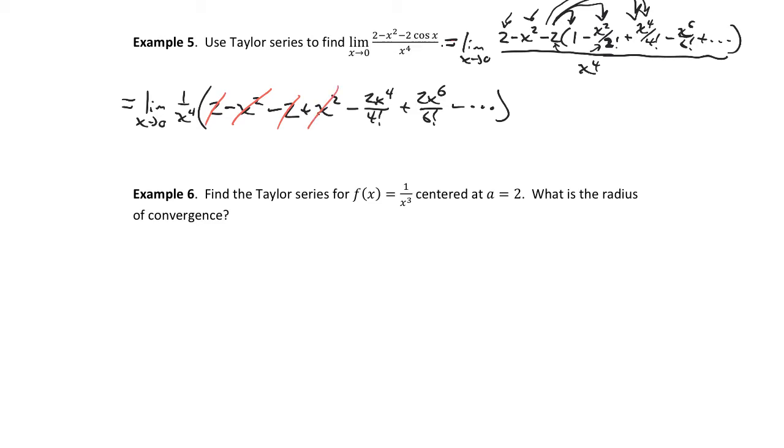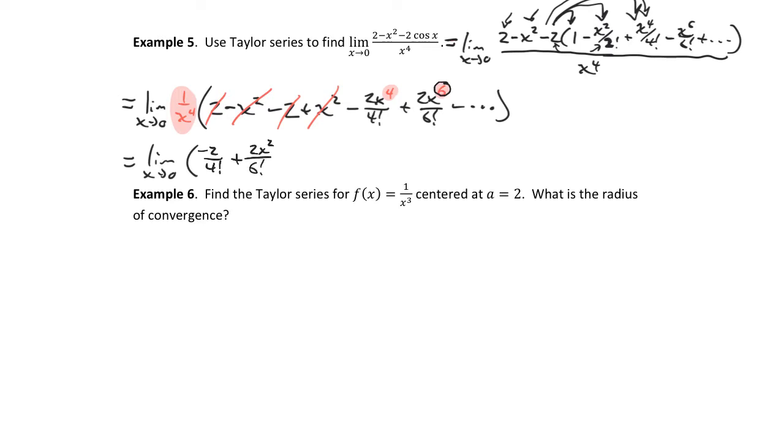If we distribute the 1 over x to the fourth that's in front of all of this, we'll take all of the powers down by 4. And we'll get the limit as x approaches 0 of, okay, all the powers decrease by 4. Well, that would just become minus 2 over 4 factorial plus 2x, well, we went from x to the sixth, we're dividing by x to the fourth, so 2x squared